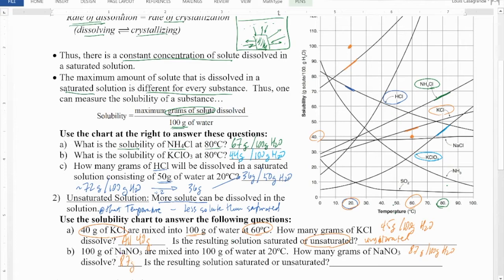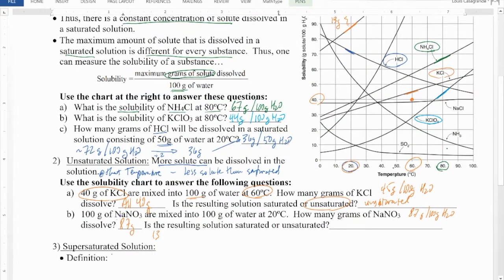That means the remaining 13 grams, 100 minus 87, is undissolved, and it usually goes to the bottom